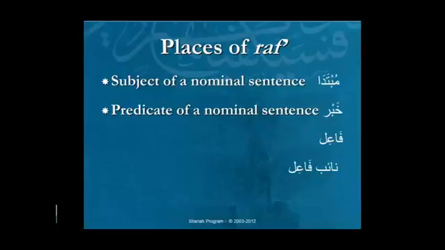And in a verbal sentence, the doer, the subject of a verb, that's also in rafa, so it has a dhamma, like we saw in the Zaydun, in the Zayd hit Amr example. Zaydun, in all six of those, was with dhamma. So fa'il clearly belongs to rafa. And in the passive structure, the apple was eaten, ukilat tufahu. Ukila means was eaten, as opposed to akala. Akala means ate, and ukila means was eaten. Ukilat tufahu.